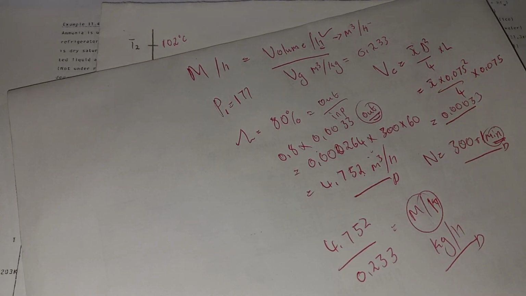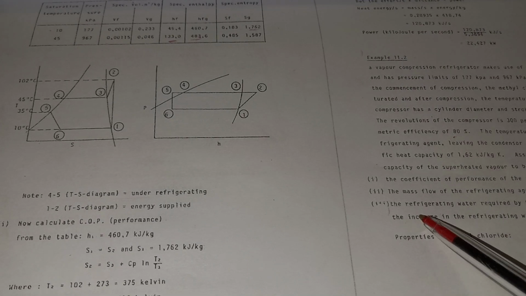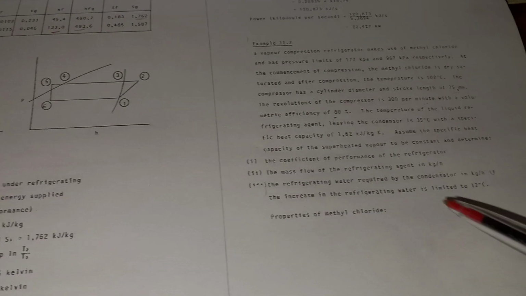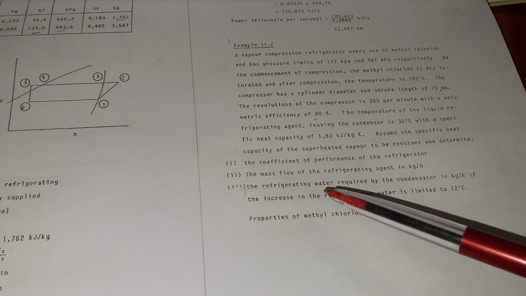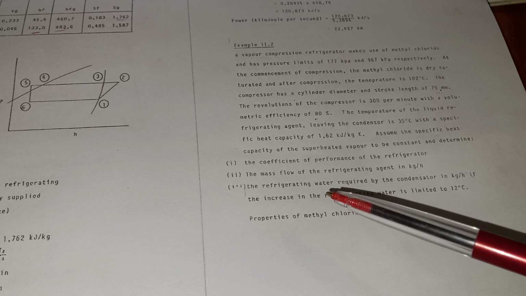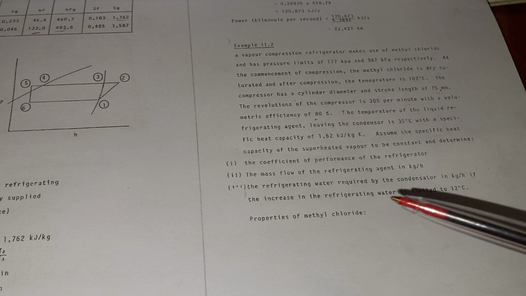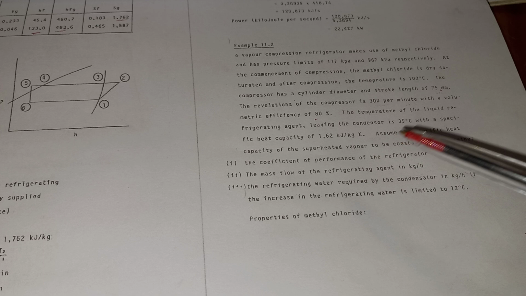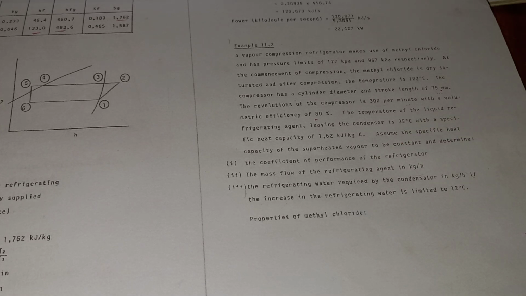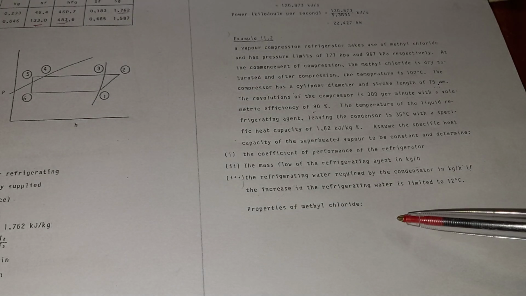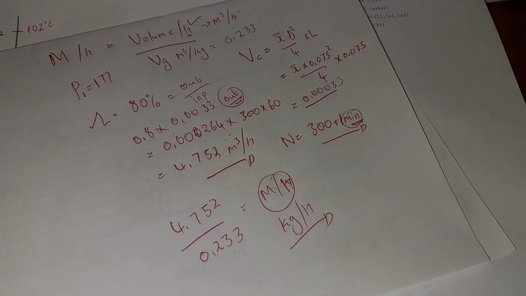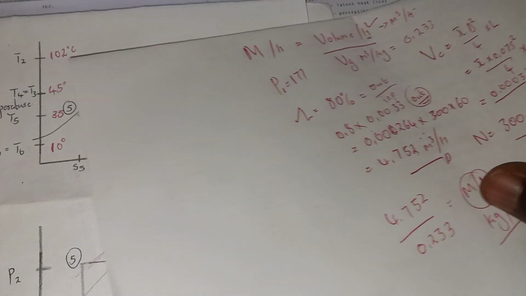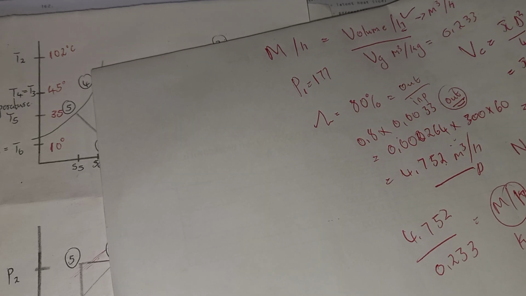And then the last one, they say you need to calculate the volume of the refrigerating. Yeah, I have a problem announcing R. Okay, so the refrigerating of the water by the condenser, if there is an increase in the refrigeration water, it's limited to 12 degrees. So if it is now limited to 12 degrees, therefore we need to calculate the mass, and the mass is going to be